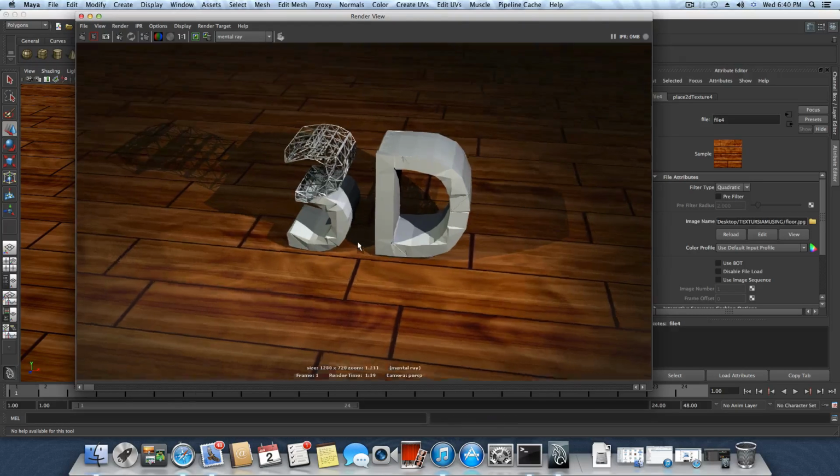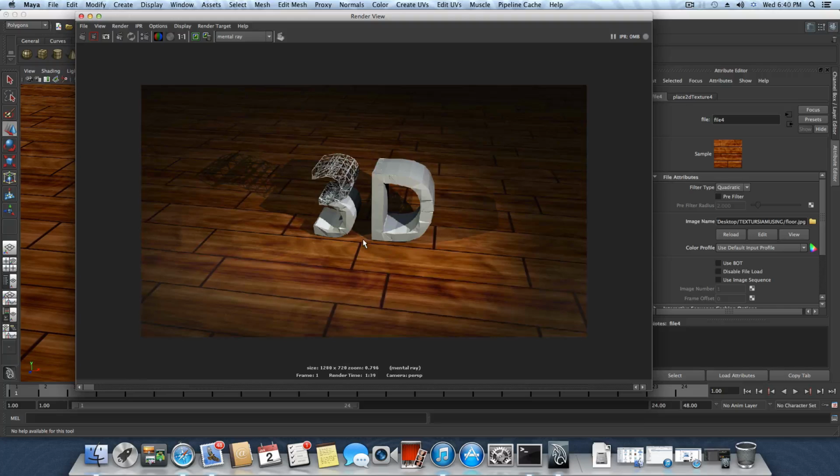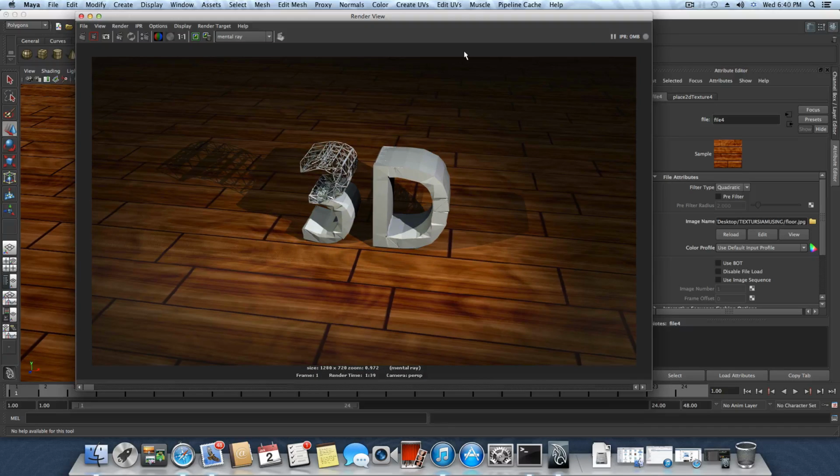That's it. So this is how you create this kind of scene, light setup and so on, mainly the 3D text effect,